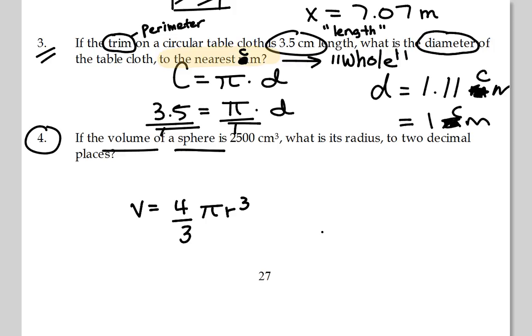I'm also going to, in the moment I write this, care about my penmanship. I'm going to write this so that stuff in the top is in the top, stuff that's in the bottom is in the bottom. So that 4 pi r cubed, you can think of this line being extended. All that stuff's in the top. The 3's in the bottom. So when I substitute in this 2500 here, because that's what they've told me, the volume is 2500,